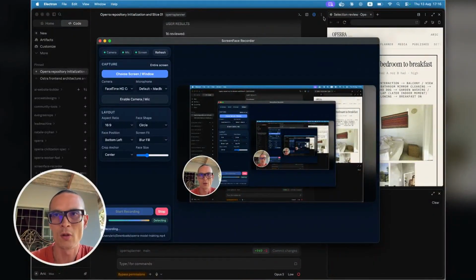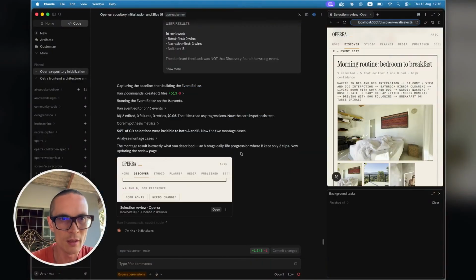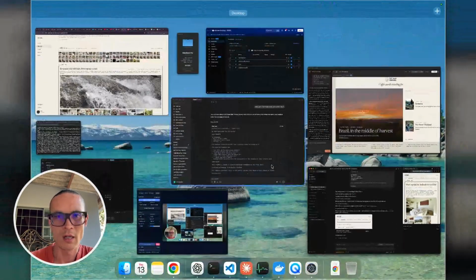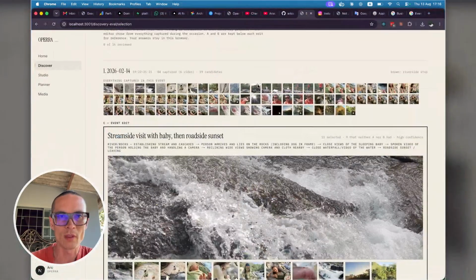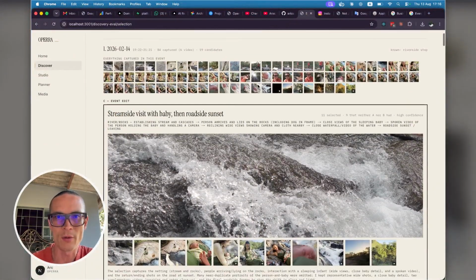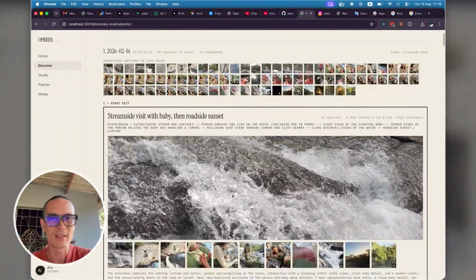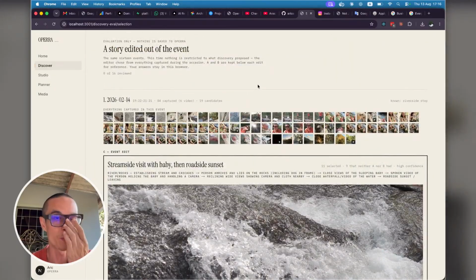Okay, so let me just show you guys the experiment here that we did. All right, so what I needed to do, I needed to go through here. Okay, so C is already in progress. So basically there's 16 sets of photos. So from my almost 2,000, 3,000 photos and videos, what we did is we needed to train the model